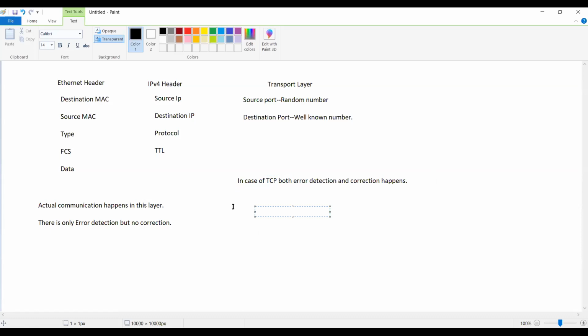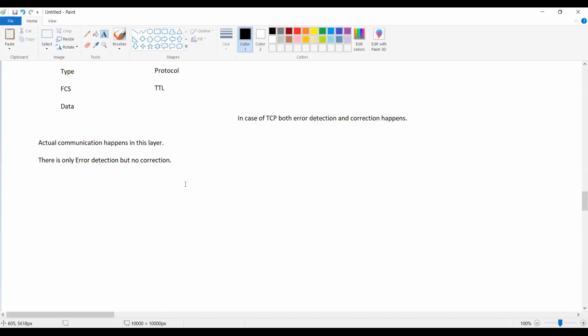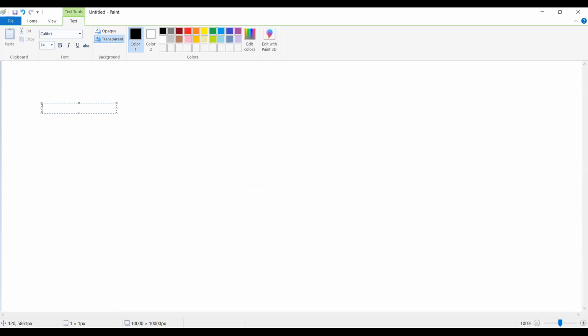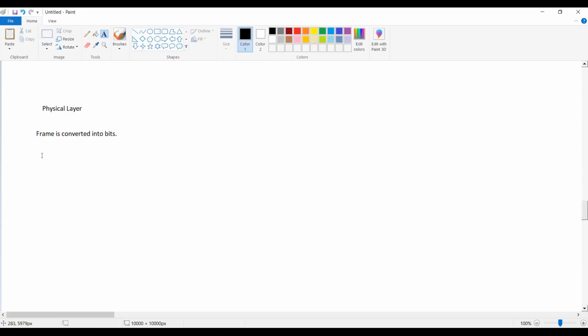Okay. Now, the last layer of OSI, which is the physical layer. In this layer, what happens is, let's say the frame is converted into bits. Frame is converted into bits in this layer. Okay. Now,